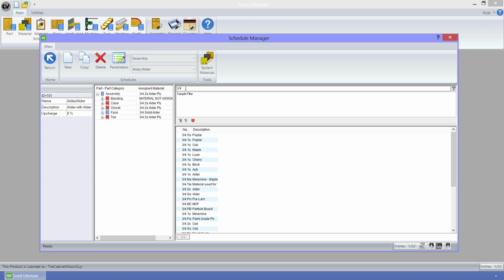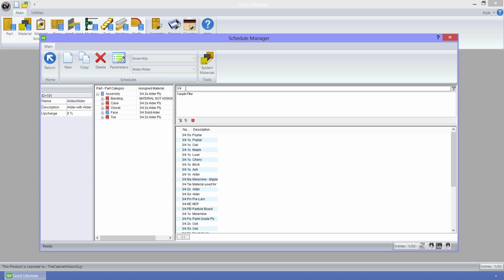Speaking of the material selection panel, this is where the materials we can assign to the schedule are displayed to us. We can just drag and drop the materials we want to use onto the schedule items. The schedule panel is very similar to how it was done in previous versions. Basically, you have a parent category, or part, and you assign materials to it. For any other details like schedule name, description, and upcharge percentage, we are given a sidebar here now with those